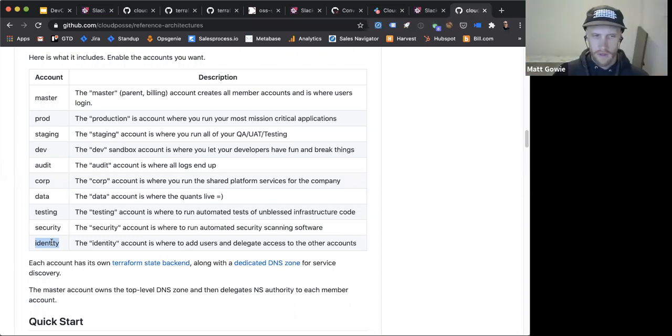Yeah, I'm wondering, to put it where the rubber meets the road, is it that your users are all living within that identity account, and then you're creating your admin, Terraform, Helm, and various roles across the organization in all of the other accounts, and your users are assuming those roles in those various accounts? Is that what you're getting at? Because that's what I'm assuming I'm going to have to do. Exactly. So you single sign-on. Yeah, you got it exactly.